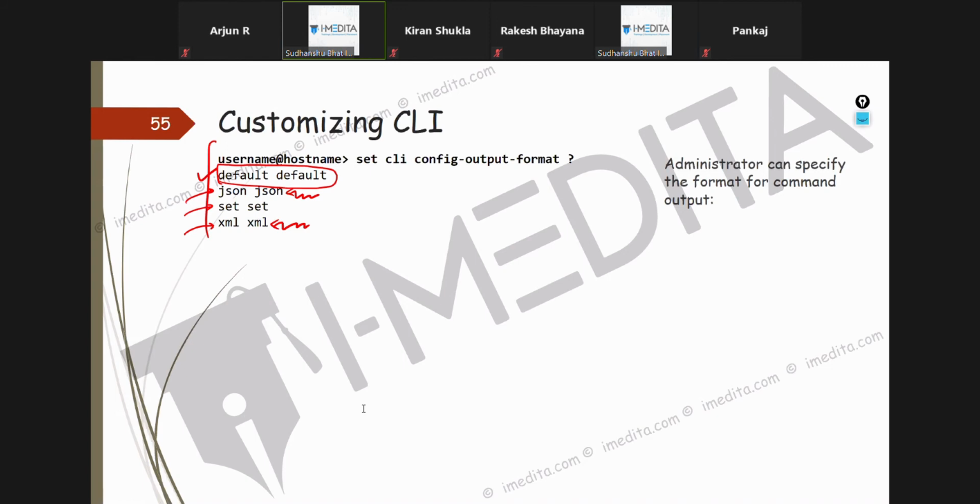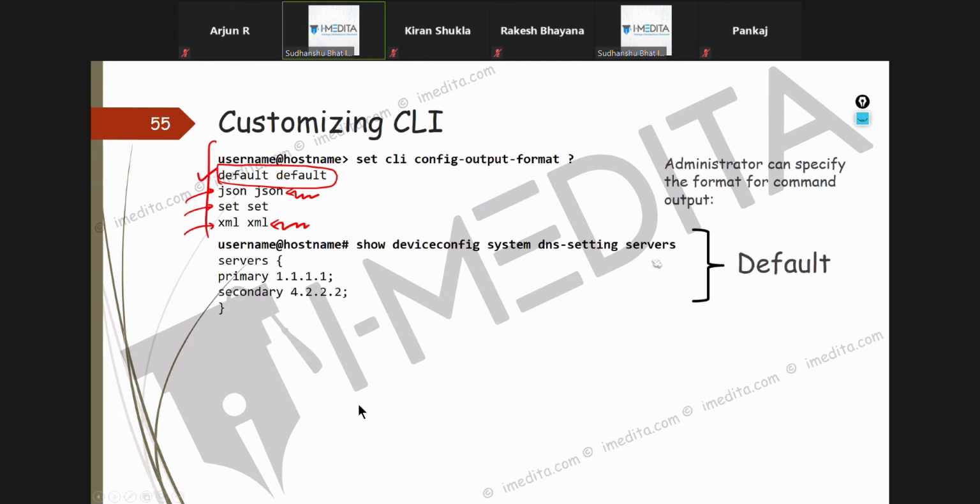Suppose you have a configuration on a firewall and you want to copy it and paste it in a lot of other firewalls. Let me just get the output in JSON format so that it's easy for me to automate it, maybe by utilizing that in some particular code. Then you can change the CLI output format. This is the default output format. You can change it to JSON or XML.